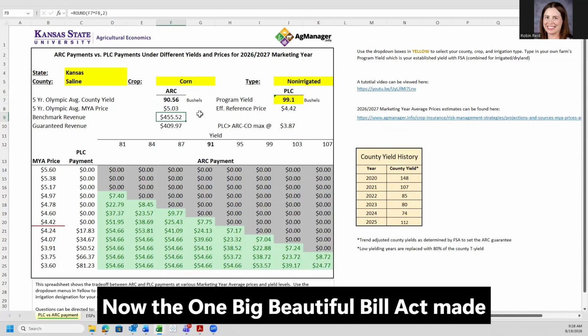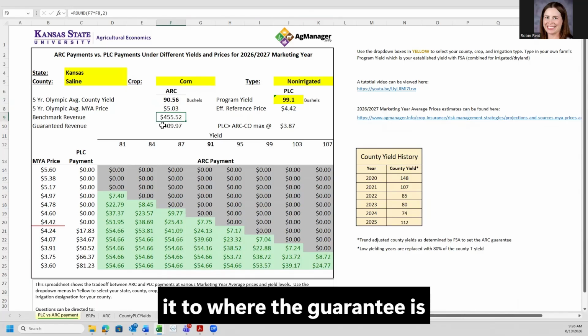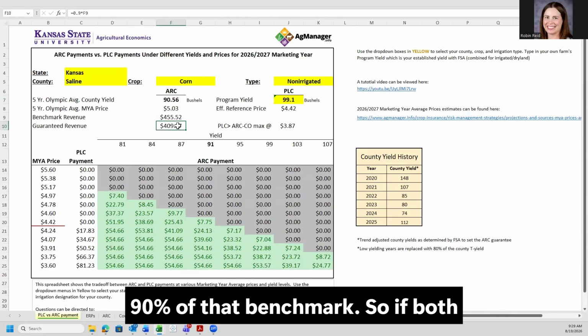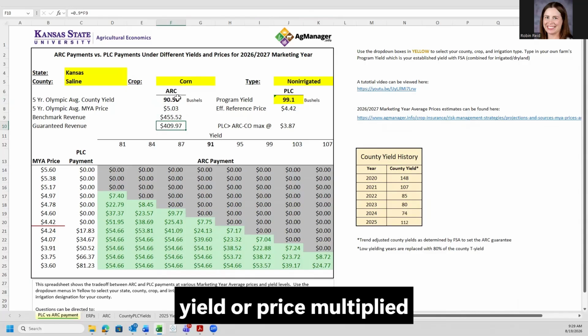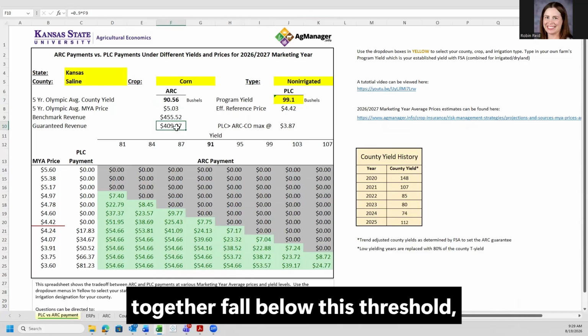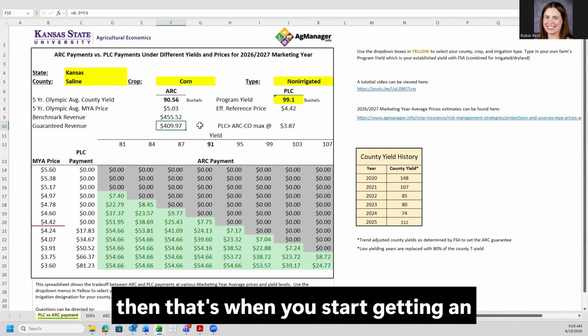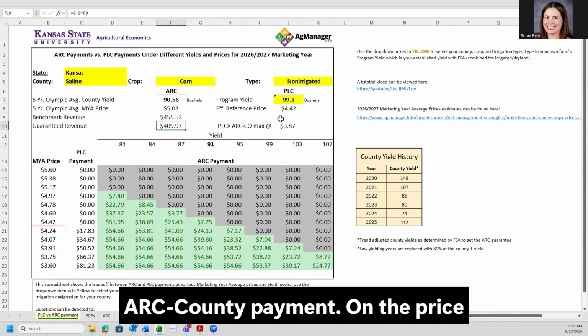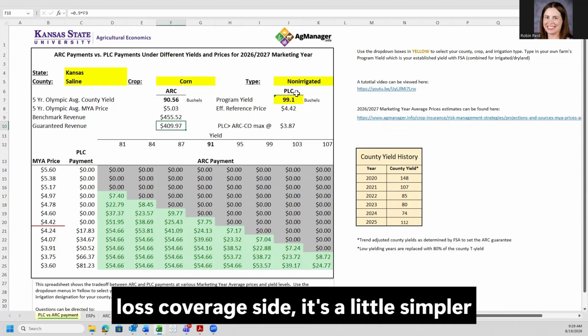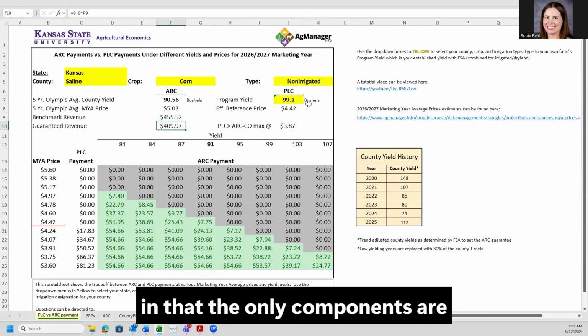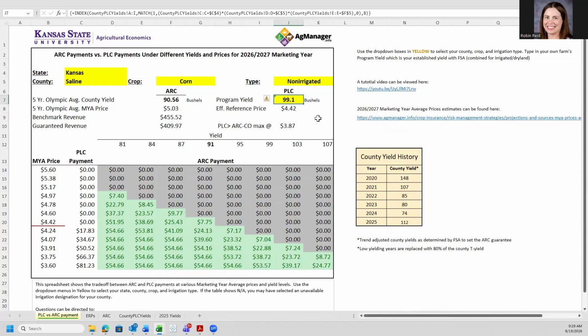Now, the One Big Beautiful Bill Act made it to where the guarantee is 90% of that benchmark. So if both yield and price multiplied together fall below this threshold, then that's when you start getting an ARC County payment. On the Price Loss Coverage side, it's a little simpler in that the only components are the program